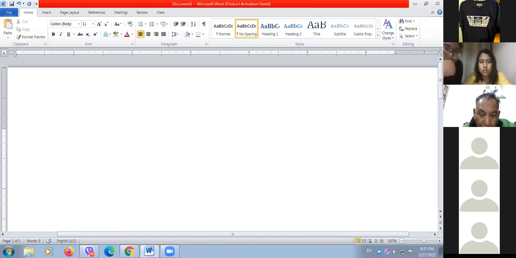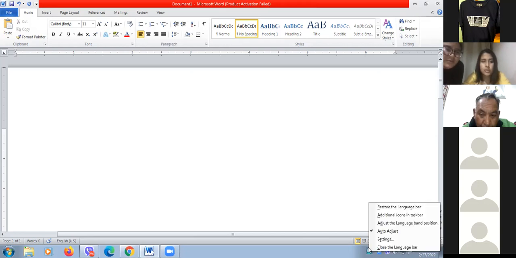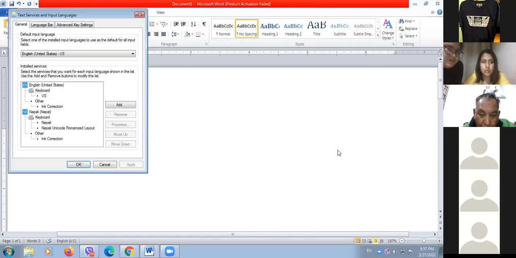Okay, if you see at the right side and at the bottom of your desktop, there is this EN, the English language keyboard selection. Once you install this Romanized keyboard, all you need to do is right click on this and go to settings,